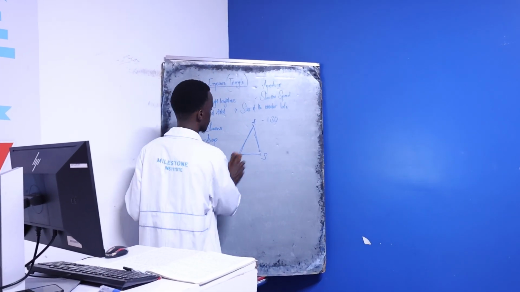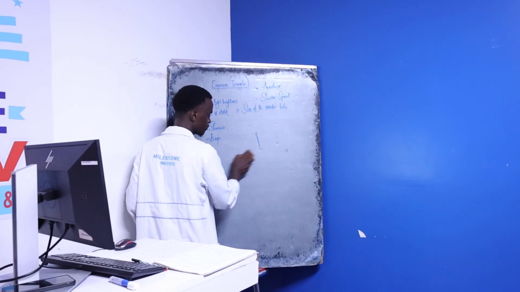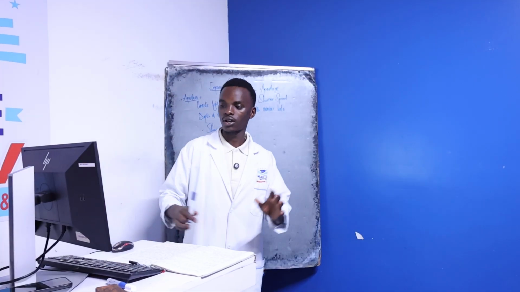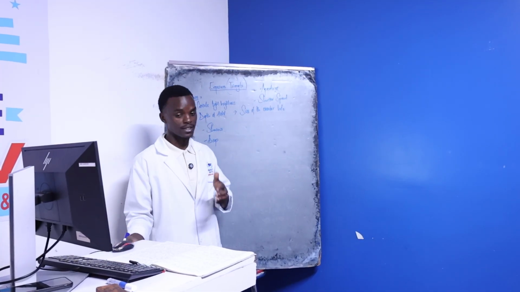So we are looking first of all at aperture, and it is the size of the circular hole on the lens. It is the size of the circular hole in the lens that lets in light. Number one,